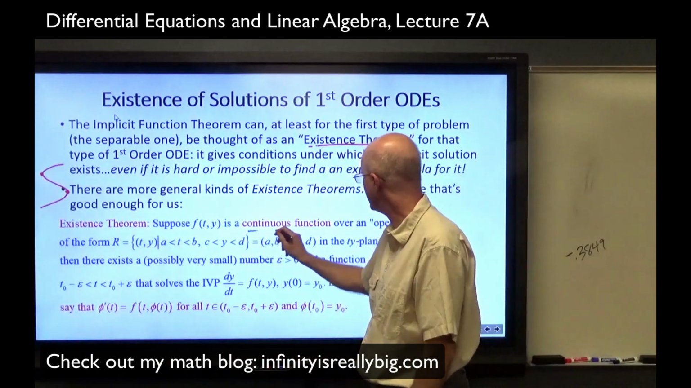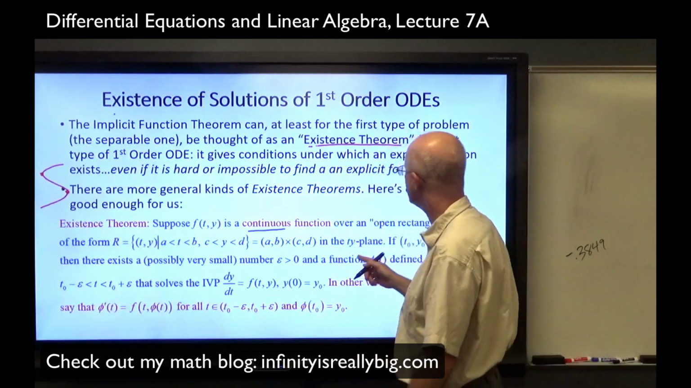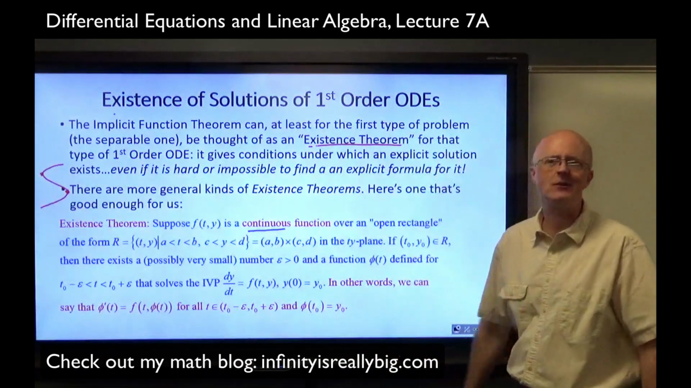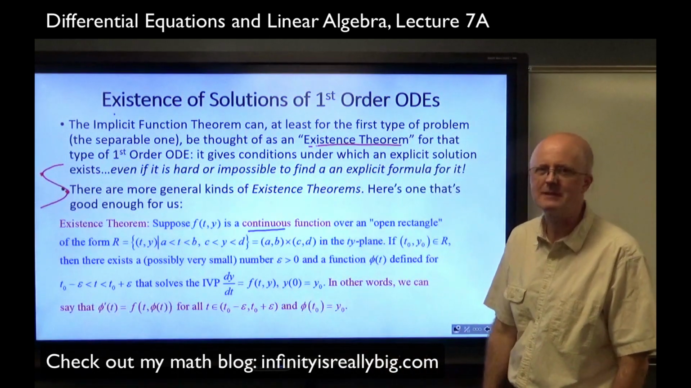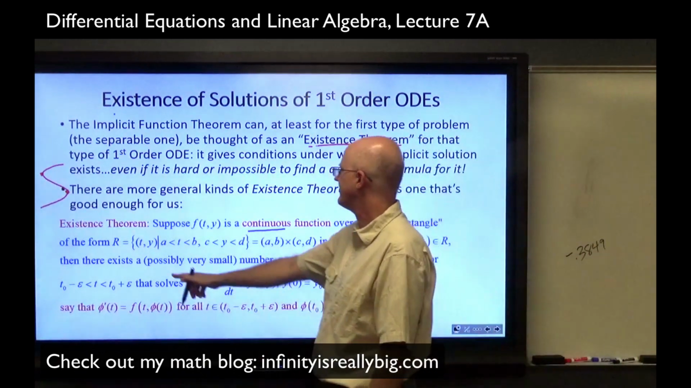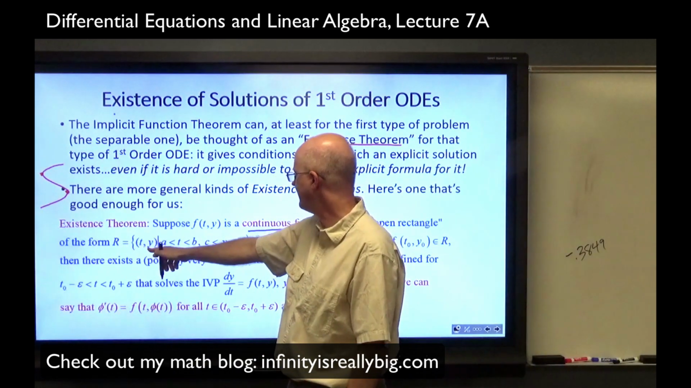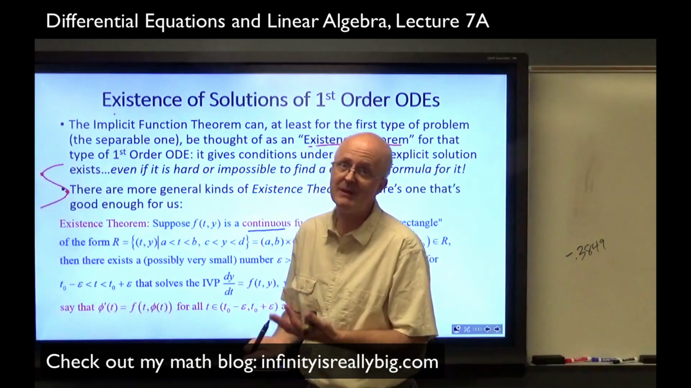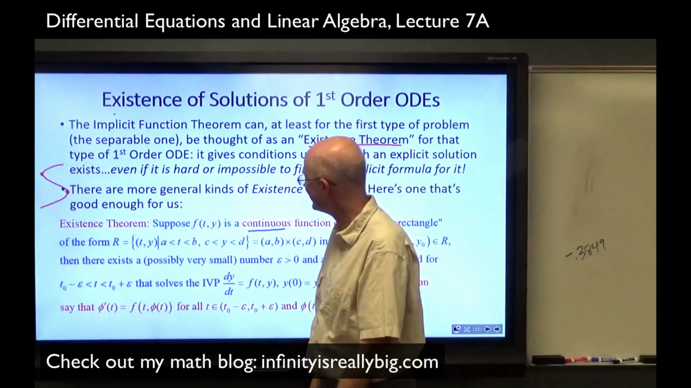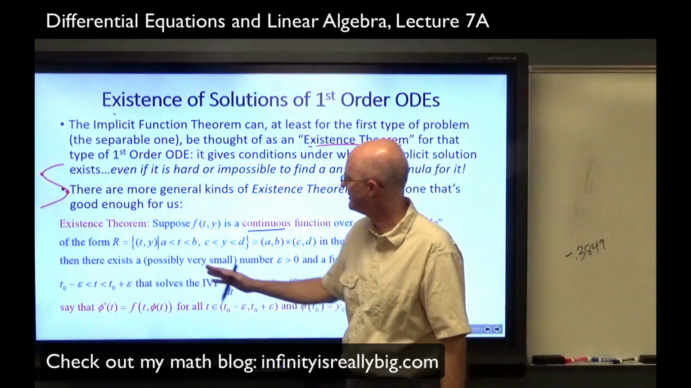It's a continuous function. There's the key assumption. Over some open rectangle. Why an open rectangle? It just keeps things simple is the reason. Set builder notation here. R is the set of all points (t, y). I'm implicitly assuming we're using rectangular coordinates here. Of course, I could draw them in polar coordinates, and then it wouldn't look like a rectangle, but we're not